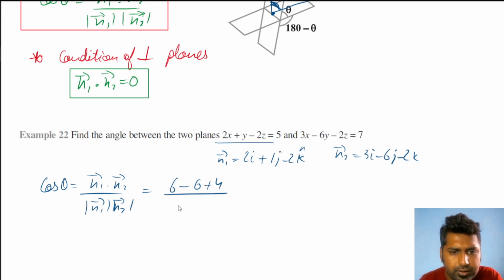Upon magnitude: 2 square 4, 1 square 1, 2 square 4, that is 9, so 3; 3 square 9, 6 square 36, plus 4, that is 49, so 7. Basically 4 by 21. So theta is cos inverse 4 by 21. Yes, a weird value, but